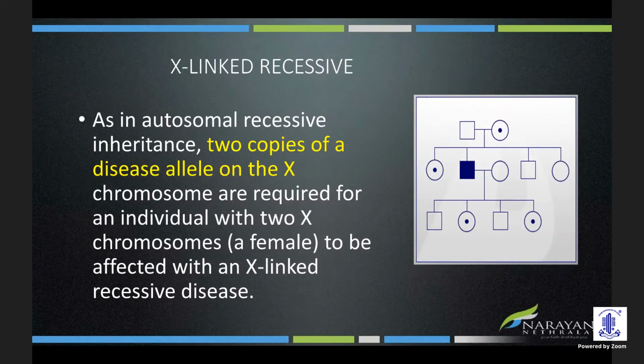But females also can get affected, provided both X chromosomes carry the defective gene and it's recessively inherited. Otherwise, most of the time they will be carriers. So whenever we have a recessive disease expressing because of mutation in both the alleles, we call it as